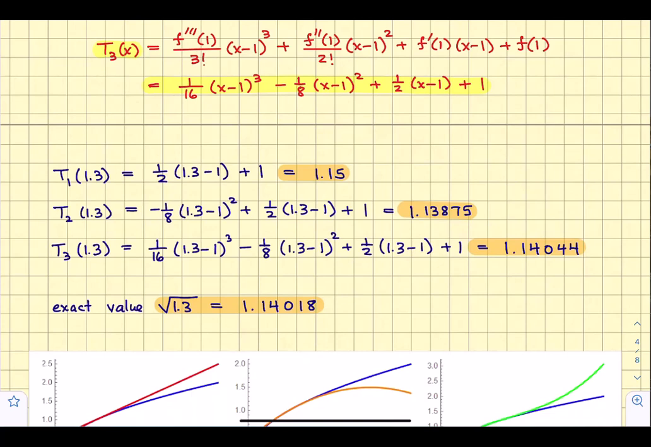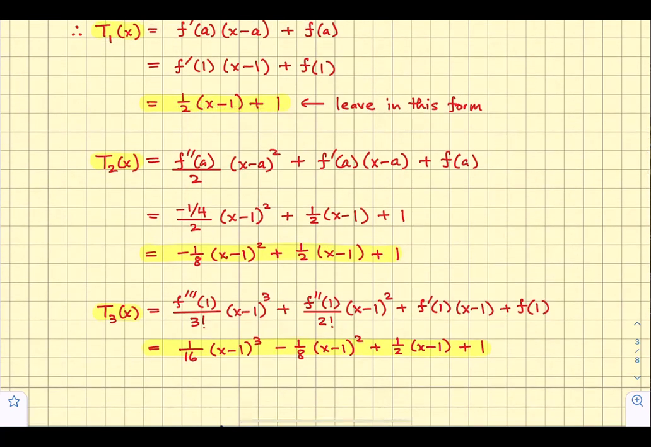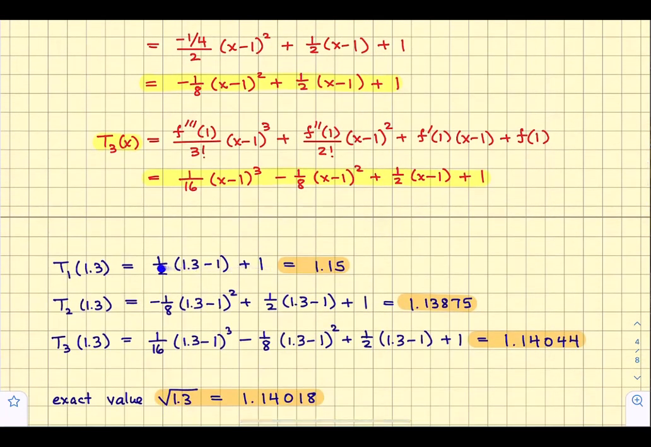And now let's finish off what they were asked for in the example, and look at the approximations that these polynomials give us at 1.3. When we take T1 and evaluate it at 1.3, that just means we take our first degree Taylor polynomial, evaluate it at x equals 1.3, and see what we get. This comes out to be 1.15. If we take our T2 polynomial and evaluate it at x equals 1.3, this comes out to be 1.13875. And then if we take our third degree Taylor polynomial approximation and evaluate it at x equals 1.3,